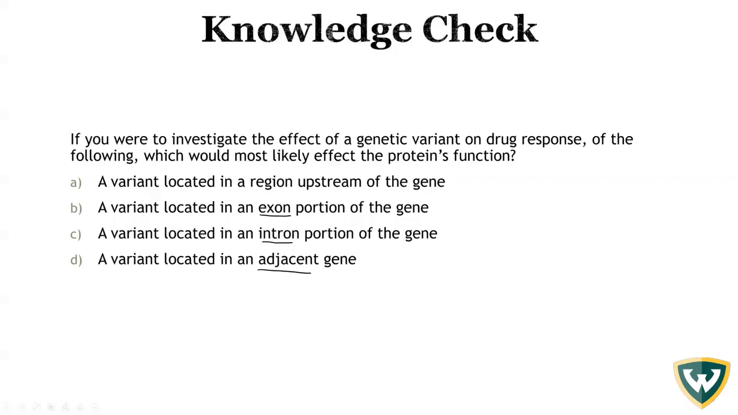So again, we're to investigate the effect of a genetic variant on drug response. We want to know where in the gene a variant would most likely have an effect on the protein's function. And so the best answer here is B, because we just learned that the introns go out and the exons stay in. And remember, another name for exonic DNA